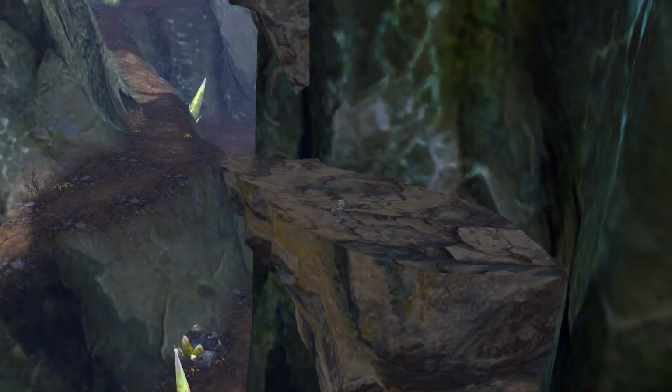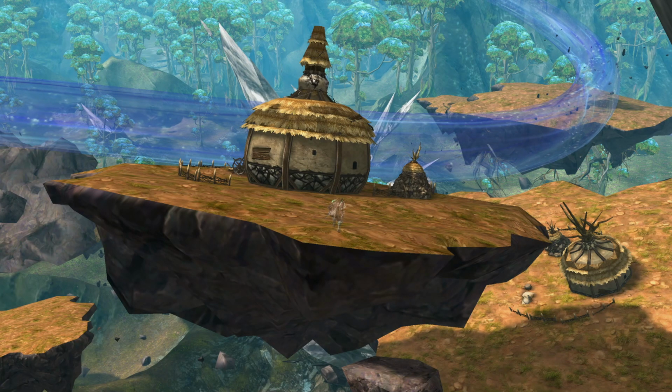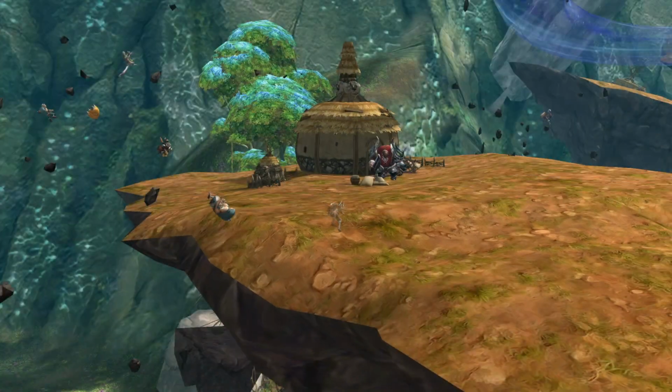In Gelkmaros, you can find them in 4 main places: south of the capital, on small shelves hanging from the cliffs; north of the capital, on the floating island only reachable by taking the airstream;